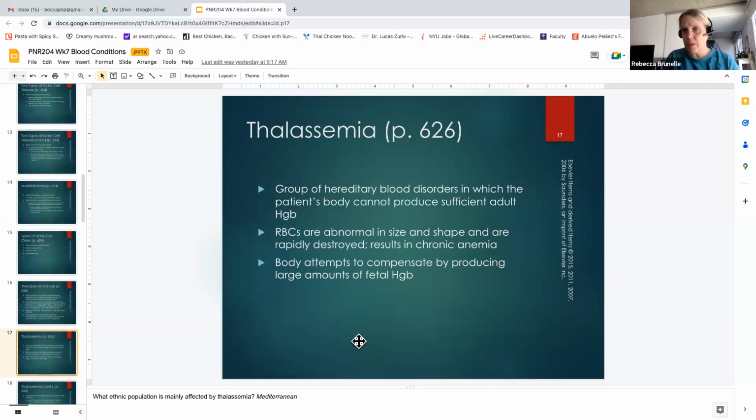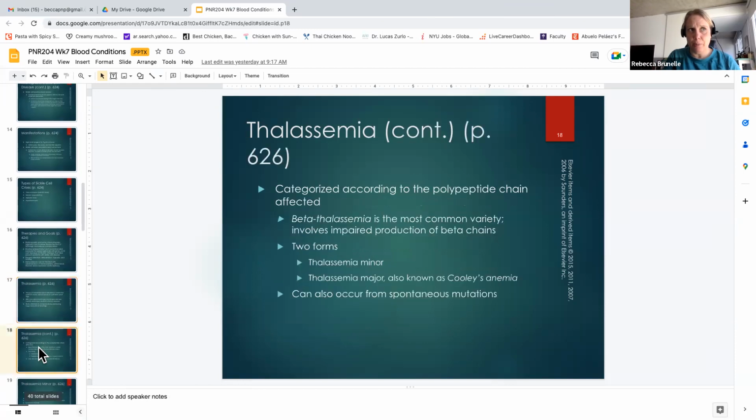So thalassemia is pretty similar to sickle cell in the sense that they produce red blood cells that are not normal. So they don't have the same oxygen carrying capacity as patients that don't have thalassemia. And it's very similar to sickle cell in the sense that there's a thalassemia major and a thalassemia minor. So minor is going to be they inherit the gene from one parent, and major is going to be they inherit the gene from both. And it's similar in the sense that if you get the gene from both parents, it's a more severe form of anemia, whereas if it's a minor, you might be asymptomatic or not even know that you have the disease.